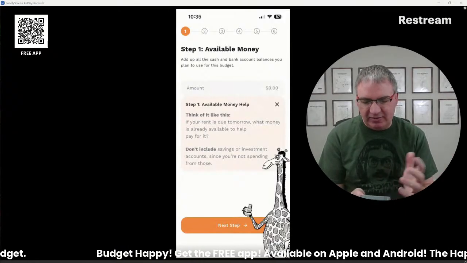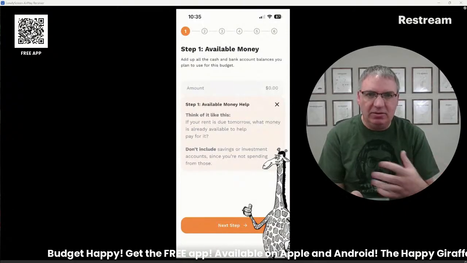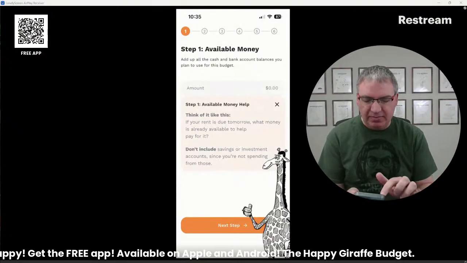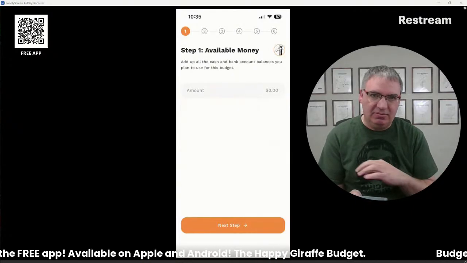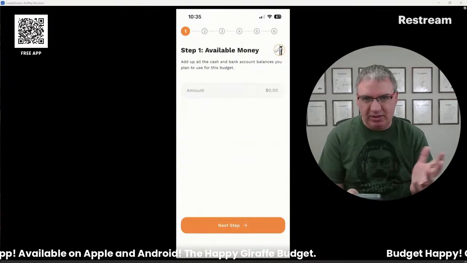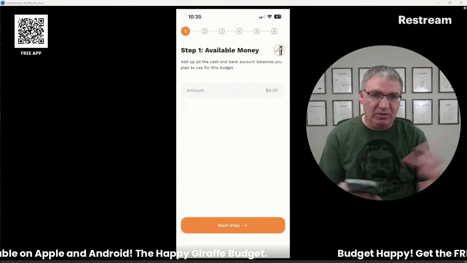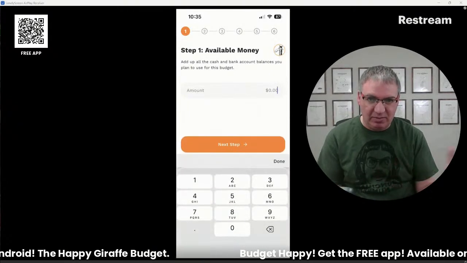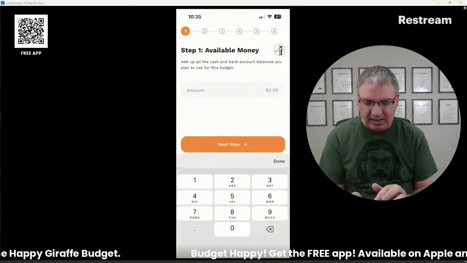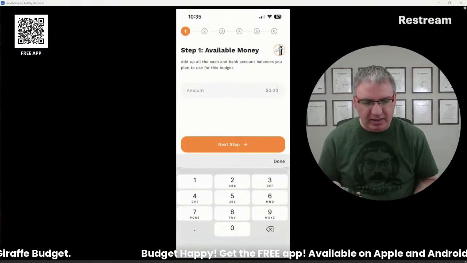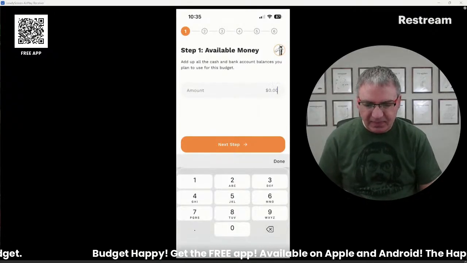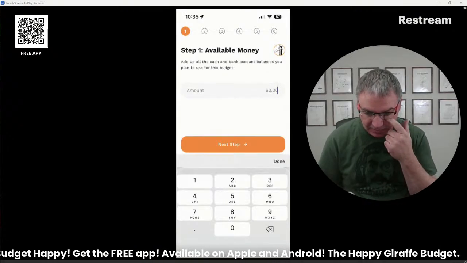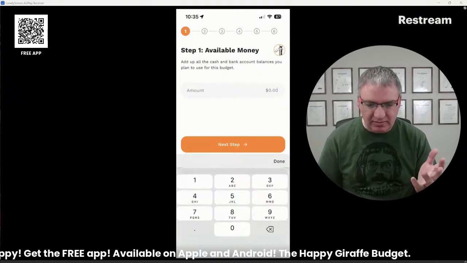But like it says here, if your rent's due tomorrow, you've got to have money available somewhere. Whether it's in one bank account, whether you have several bank accounts. The app doesn't handle several bank accounts like that. It doesn't care. We're trying to simplify budgeting. So all the money you have, combine it all together, add it up. I'm just going to make up an amount, and we've got an example here. I'm just going to go through an example of, let's see, probably a family of 4 somewhere in Utah.